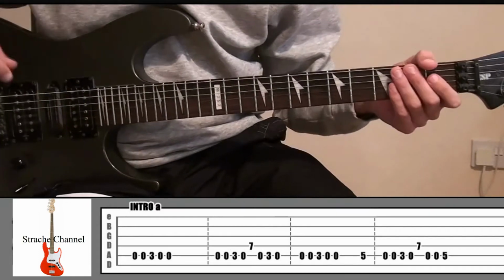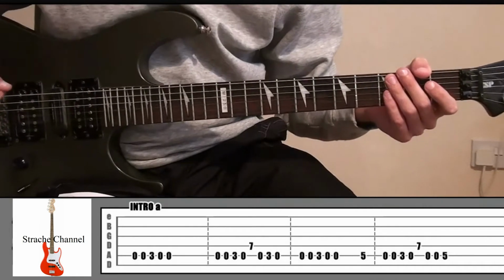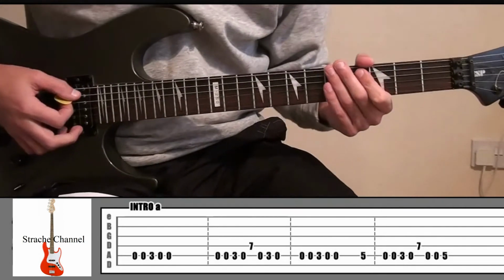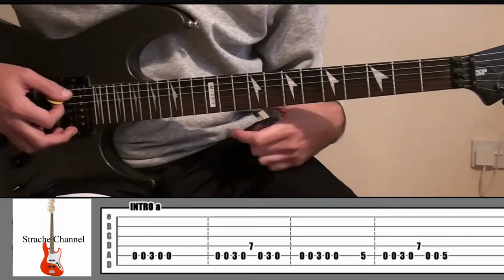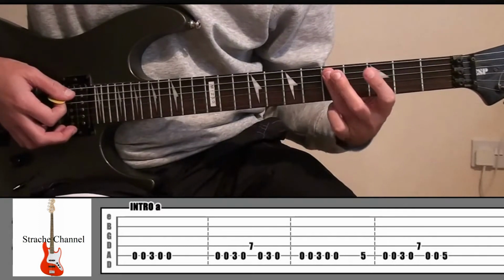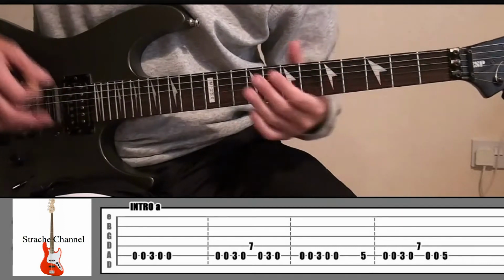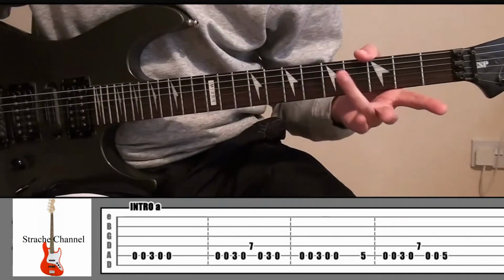Alright, look at the next part of the tab. That's going to be the same as the first part, apart from at the end we're just going to add in an extra note at fret 5 string number 5. Okay, da da da da da, pause, done, and I play that with my ring finger,